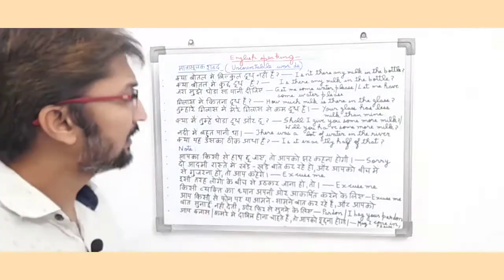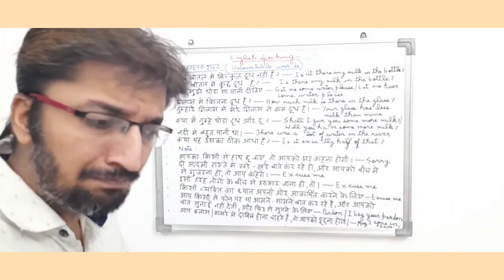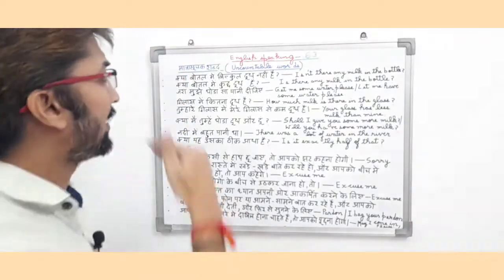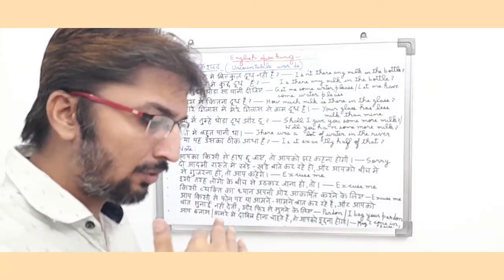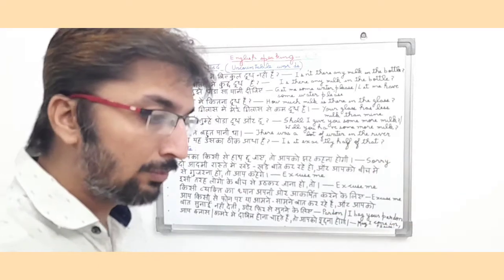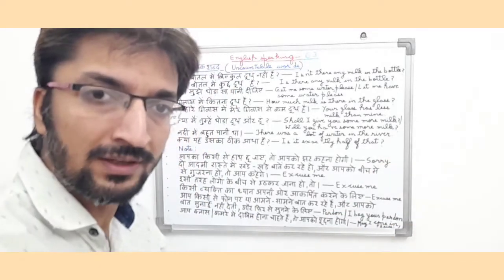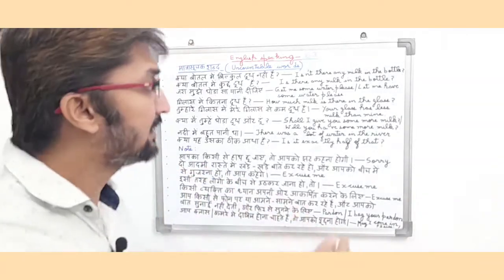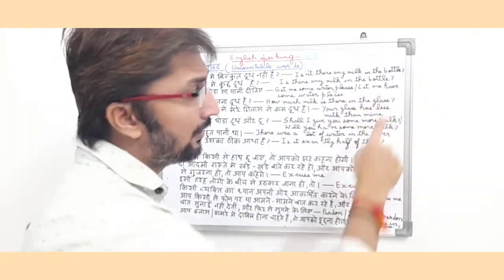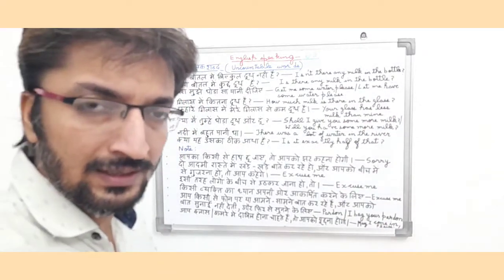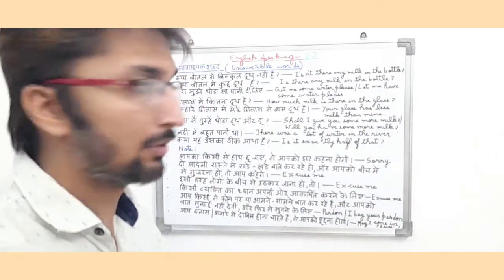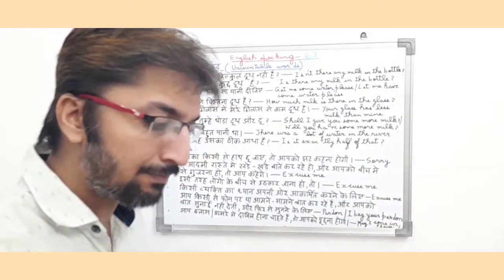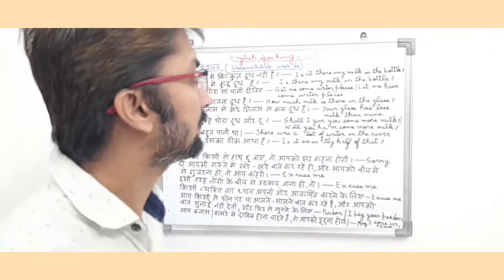So friends, here you can see the sentence is basically a present interrogative sentence, because the sentence basically means, क्या बोतल में बिल्कुल दूध नहीं है means जो हमारी बोतल है तो उसमें बिल्कुल भी दूध है या नहीं, मतलब उसमें कोई फिक्स क्वांटिटी दूध की फिक्स है या नहीं, basically it means. So in English it means, isn't there any milk in the bottle? So you can see friends, this is a present interrogative sentence because they are basically asking about the quantity of milk, whether milk is present in the bottle or not.